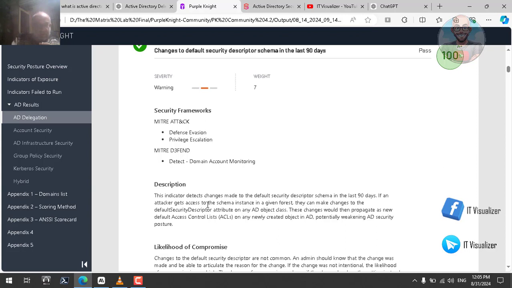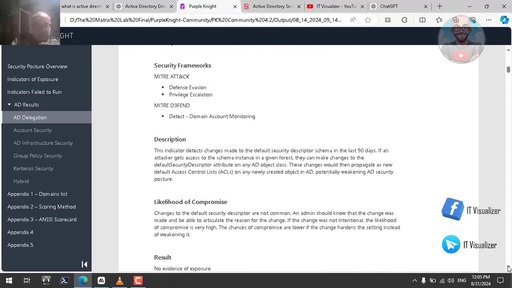If an attacker gets access to the schema in a given forest, they can make changes to the default security descriptor attribute on any AD object class. These changes would then propagate as a new default access control list on any newly created Active Directory object,